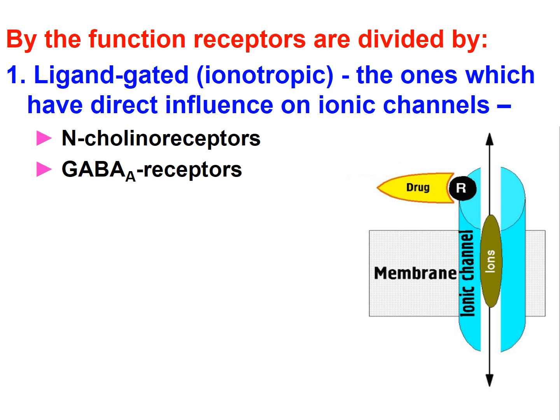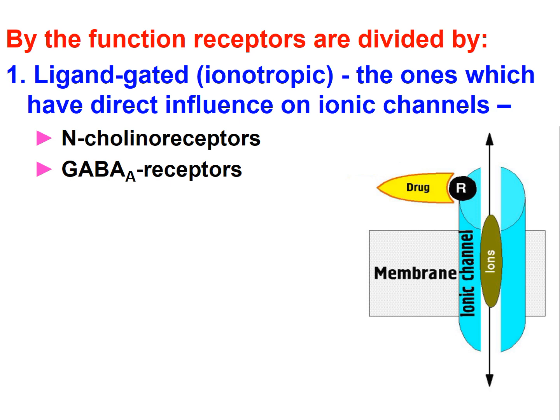For example, we have nicotinic cholinergic receptors and GABA A receptors. As I mentioned before, GABA A receptors are linked with an ionic channel for chloride, and when this receptor is activated, when it's stimulated by gamma-aminobutyric acid, this ionic channel opens, which makes possible the passage of chloride ions